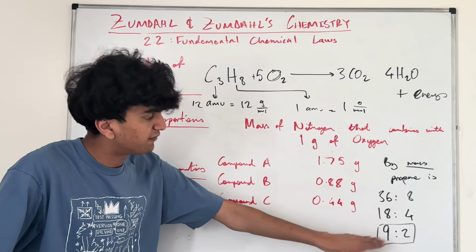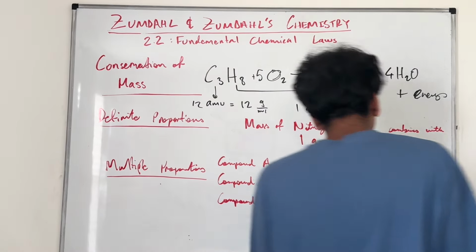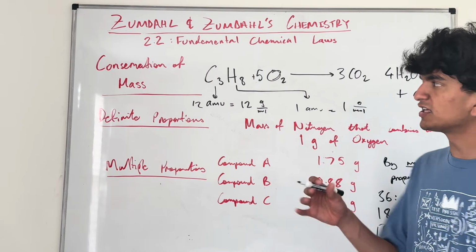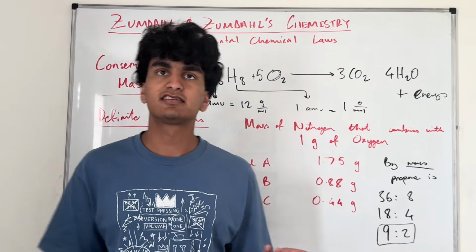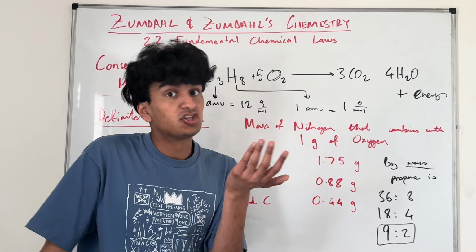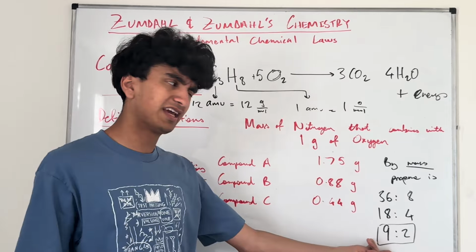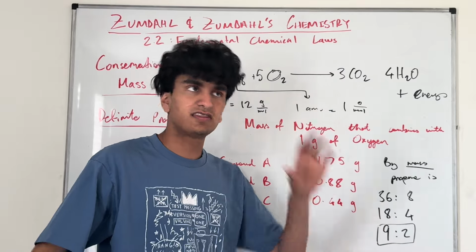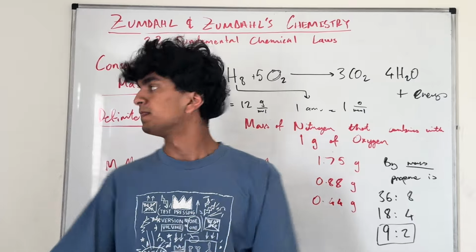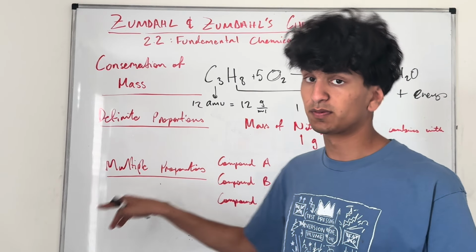Every compound has to follow its recipe, right? That's the idea of definite proportions, and it supports the idea of an atom, right? If every compound has to follow a certain ratio of its elements by mass, that probably suggests they're made of something very fundamental that can't be broken down. You can't break down carbon more, so it has to be 9 to 2. The thinking is a little bit shaky about how definite proportion supports the idea of atomic theory, but multiple proportions